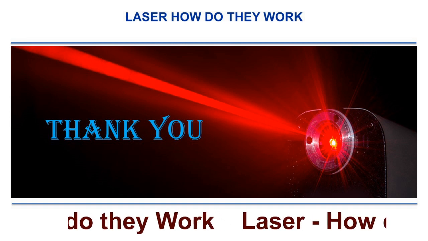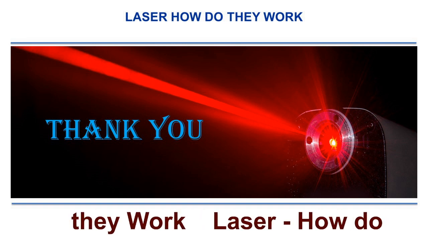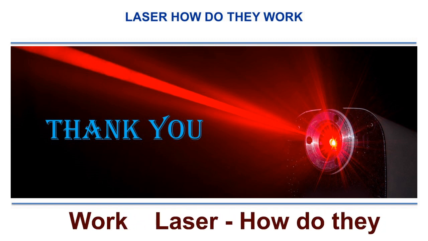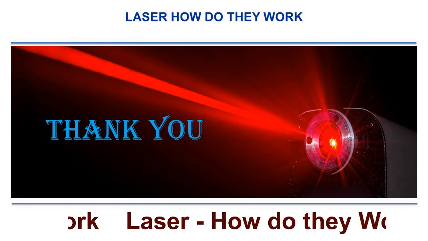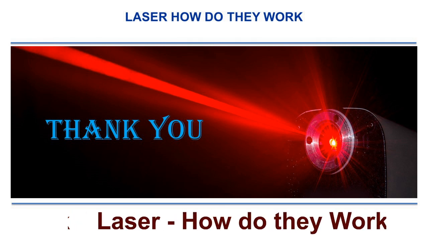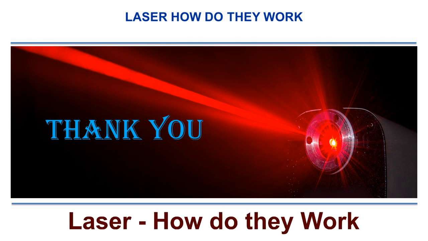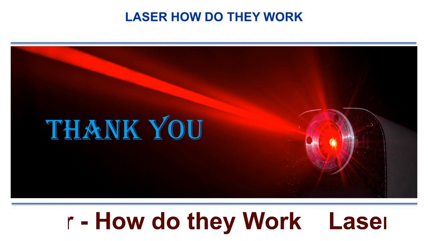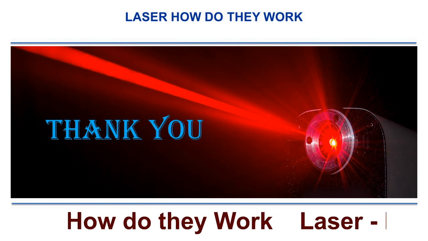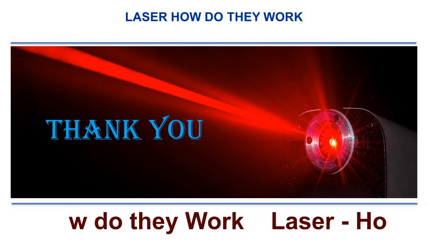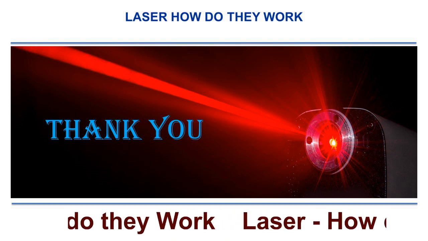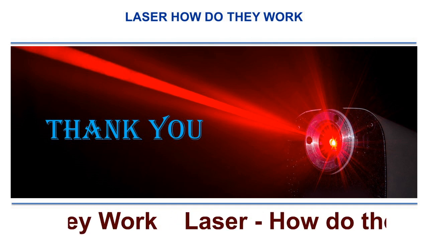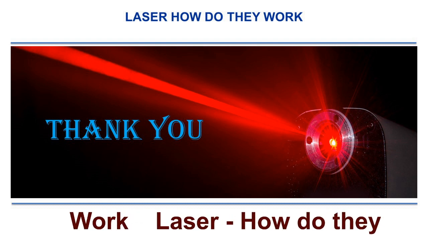I hope till now it is very clear what are the things that are happening within the laser unit for the generation of the laser beam and also for the exit of the laser beam, the mechanism called population inversion that I spoke about. So this will result in the generation of the laser beam. But the next main component is the delivery system. I think in the next presentation we'll be seeing how this delivery system works, which will transmit the laser from the laser unit onto the target site. Thank you.